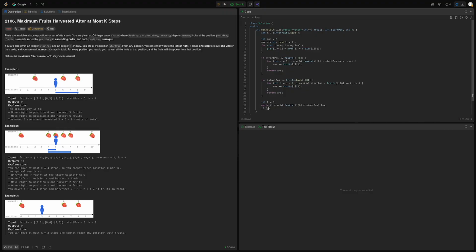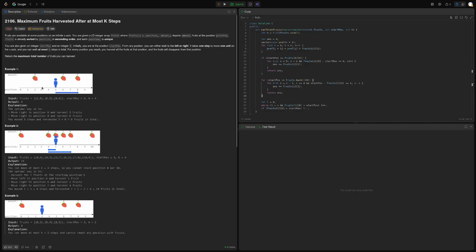So if fruits L 0 is larger than starting position, we decrease L, plus plus. Now it's important to verify that L is less than N and that L is actually larger than 0, because then we would index minus 1, which is non-existent. But due to handling these edge cases,